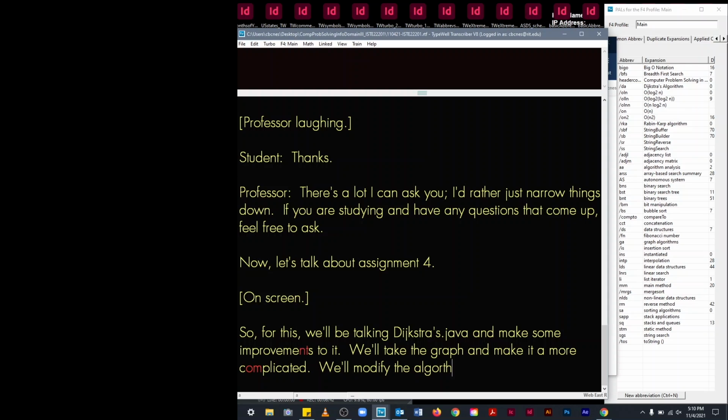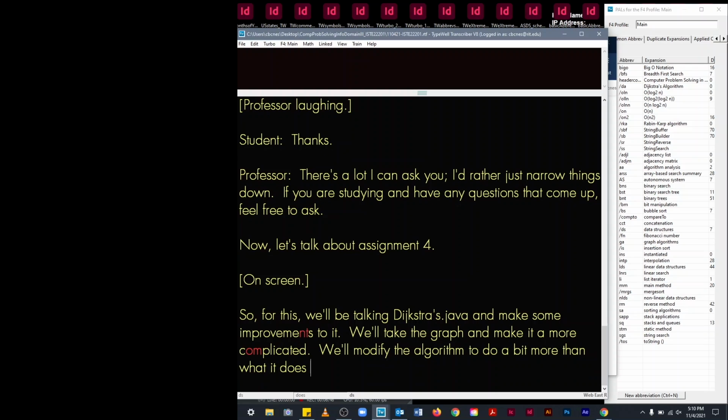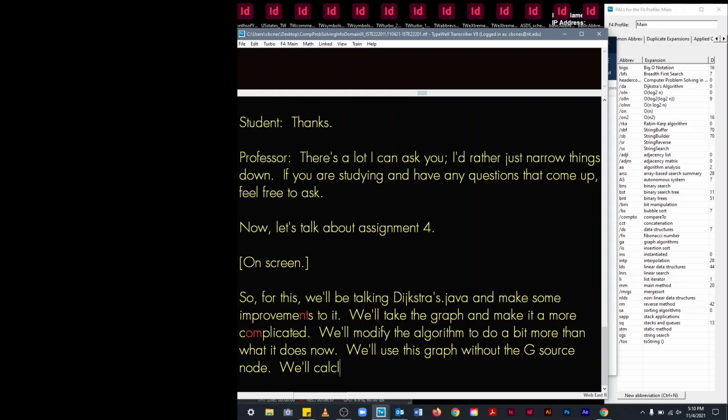So we're going to be using this graph with node G as the source node. We can easily calculate all the paths ourselves. What's the shortest path from G to all the other nodes? So we can sanity check our results. And let's see what we're going to do to this. So remember,